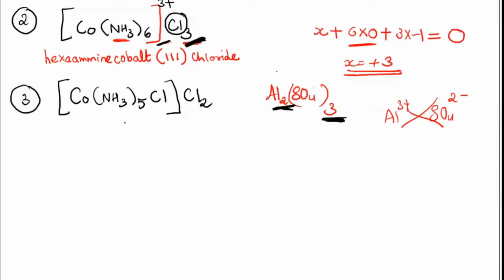Okay, no problem. See, here you are having two ligands now, NH3 and Cl. NH3 is ammine, and you are having chlorido. So you know A comes first and then followed by C. How many are there? 5 are there. So that means it should be penta. So penta, then ammine, then followed by chlorido, then coming to the metal, that is cobalt. So you will write cobalt, followed by the oxidation state.